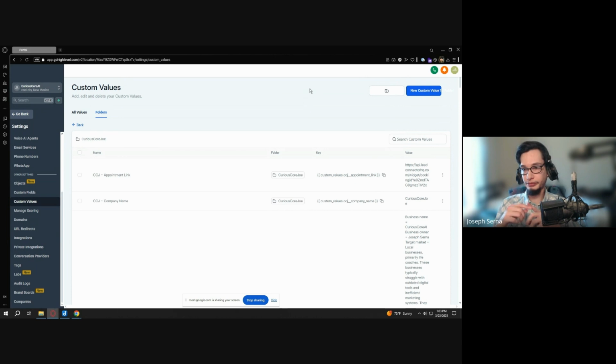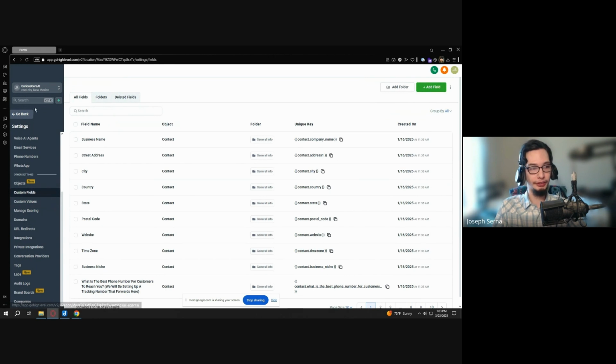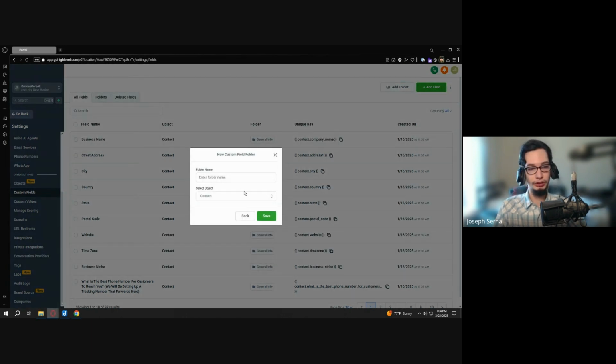So now we're going to switch to custom fields. Custom fields will pop up for our contacts, pretty much only our contacts. On the left side of the settings, right above custom values, we're going to click custom fields. Once we're in custom fields, the page will look a little bit different, and that's how you'll know that we're there. We're going to add a folder if you want for the